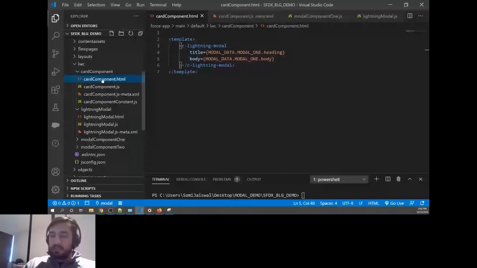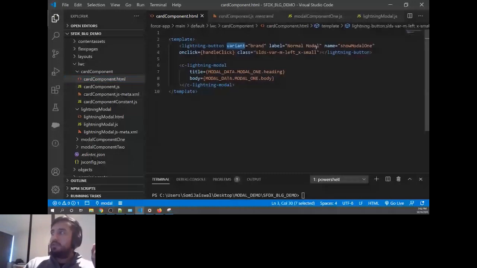This is the normal lightning button. The variant is brand, which is blue in color, and I'm giving the label of the button as normal modal. This is the trick I'm using right now, and I'll explain it in a minute. I'm giving a name property to the button. This button has an onclick handler, and if somebody hits it, it should call a method that is handleClick. It will receive an event.